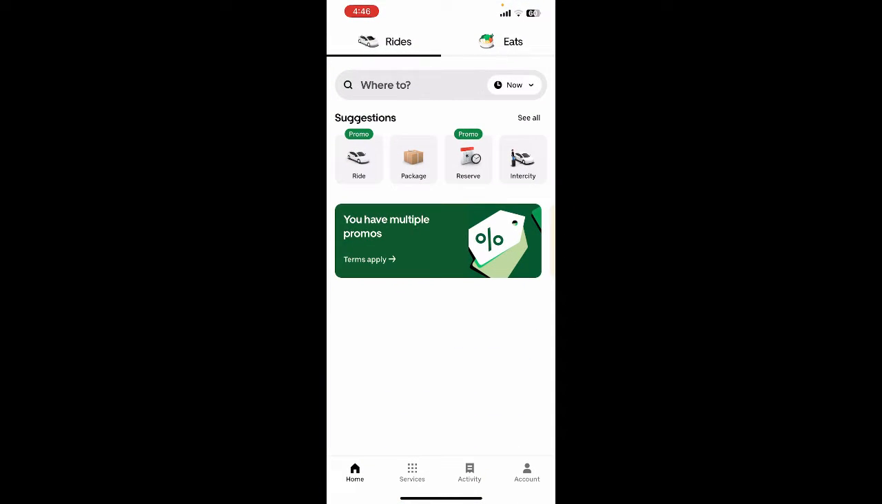Open up Uber and then create an account. If you don't have an account, you can just create one. You just need your personal details and a phone number to create an account. And once you have created your account, here on your Uber app,